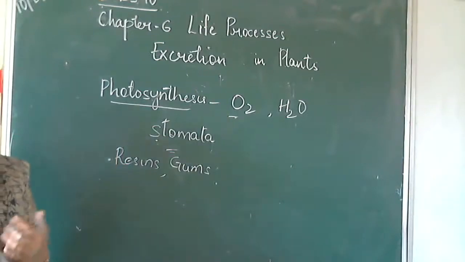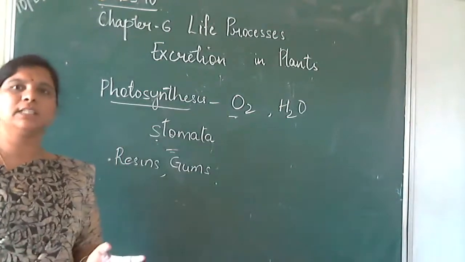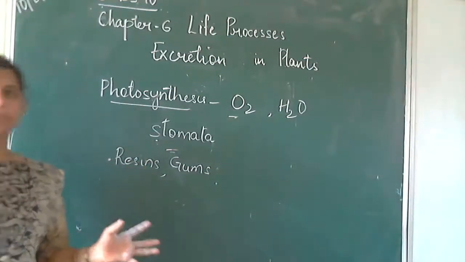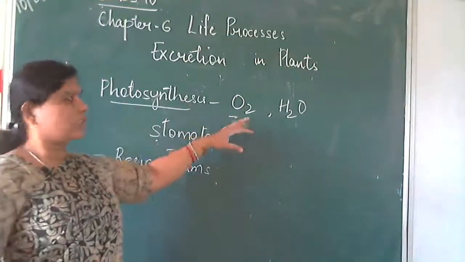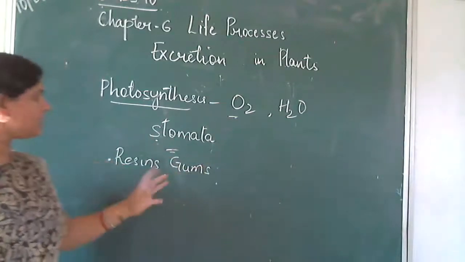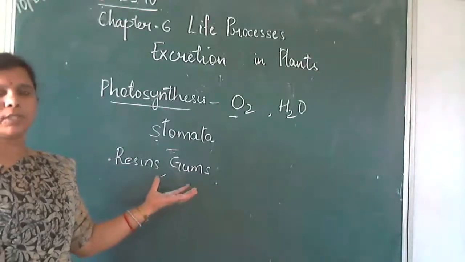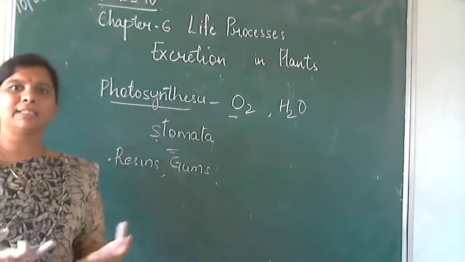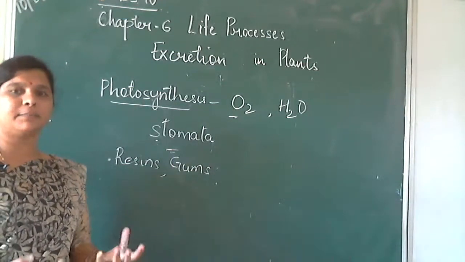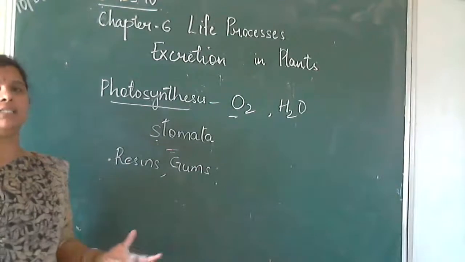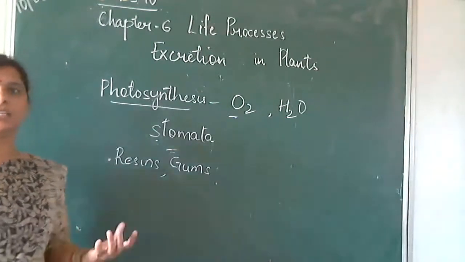Along with this, sometimes some excretory products are also released through the roots into the soil. Excretion in plants is a very small topic. Mainly you have to remember that oxygen and water vapor are released through stomata to the environment. Then we also have resins, gums, latex which are stored in dead plant tissues or dead plant cells. And one more way of excretion: plants usually have the habit of shedding leaves. That means the waste leaves will just shed themselves. Understood? That means it will cut itself off. So this is how plants excrete the waste generated in them.